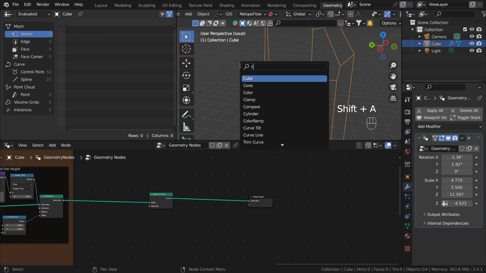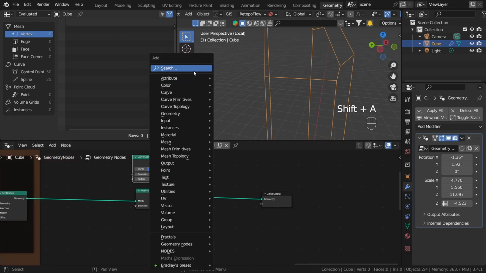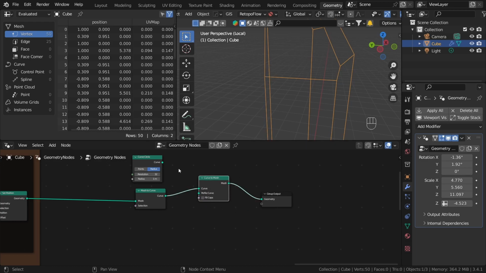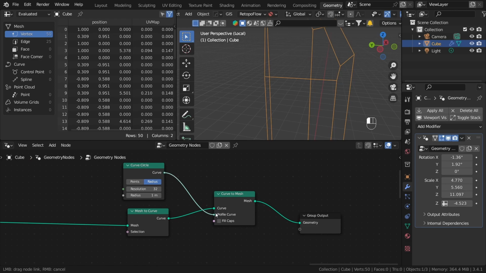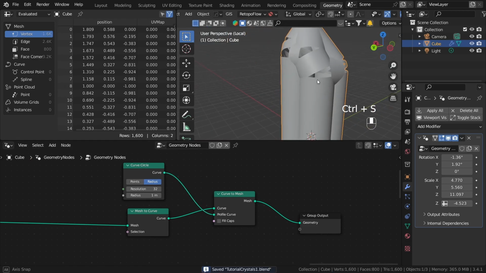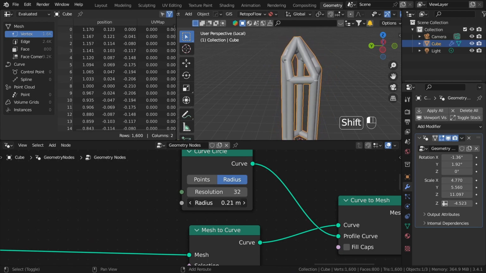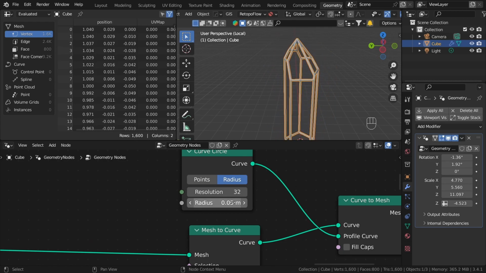So I'm gonna use curve circle, and then curve to mesh. As you can see, it's a little too big, so I'm gonna use something like 0.04. Okay,